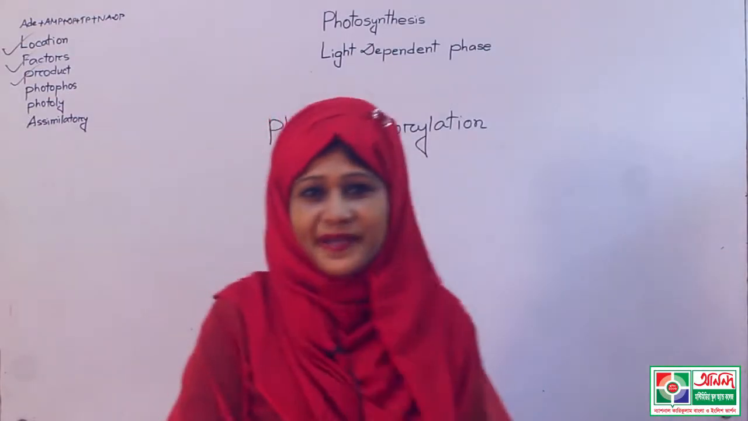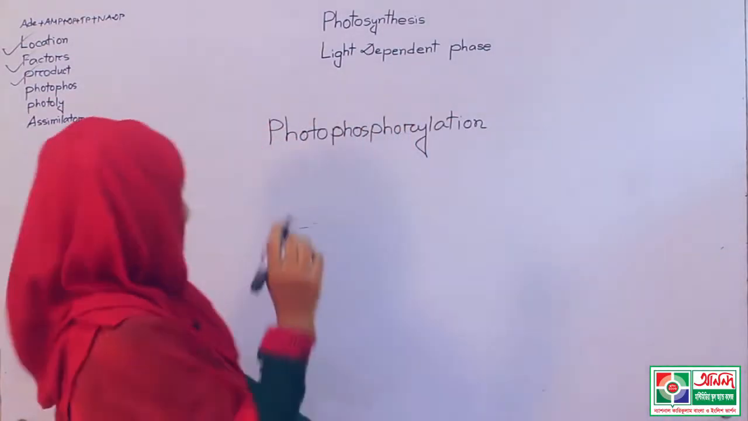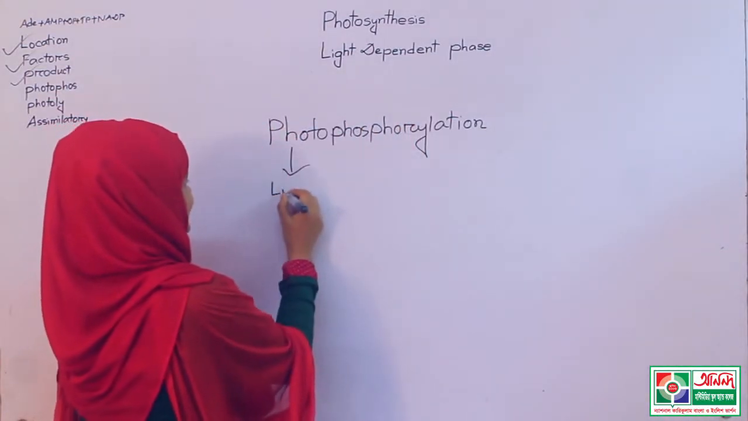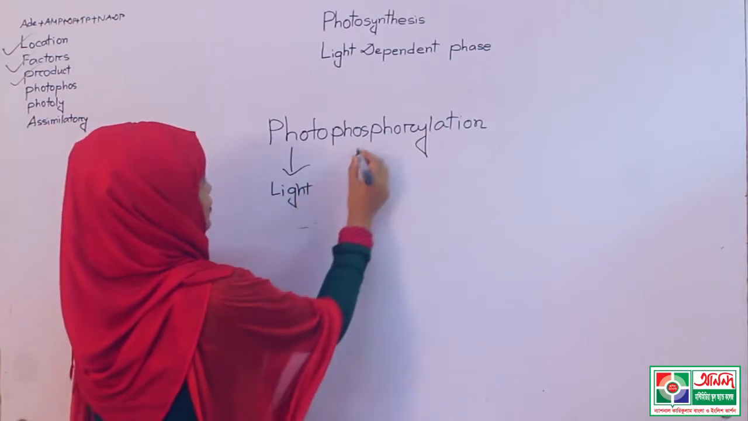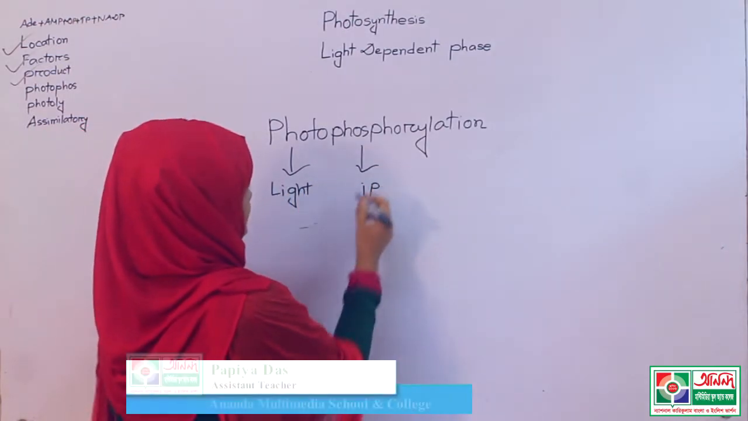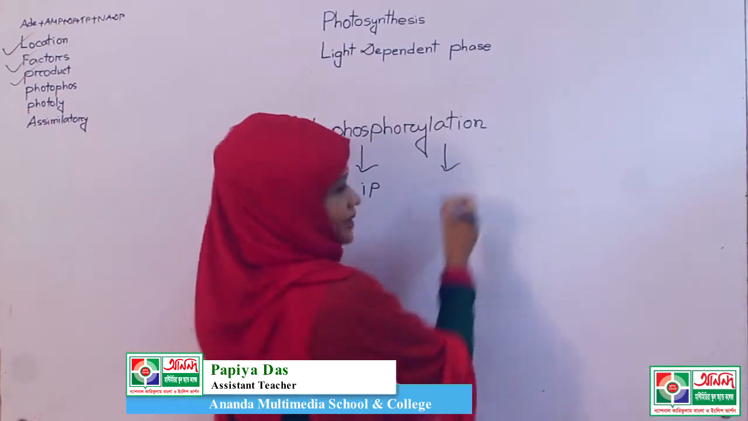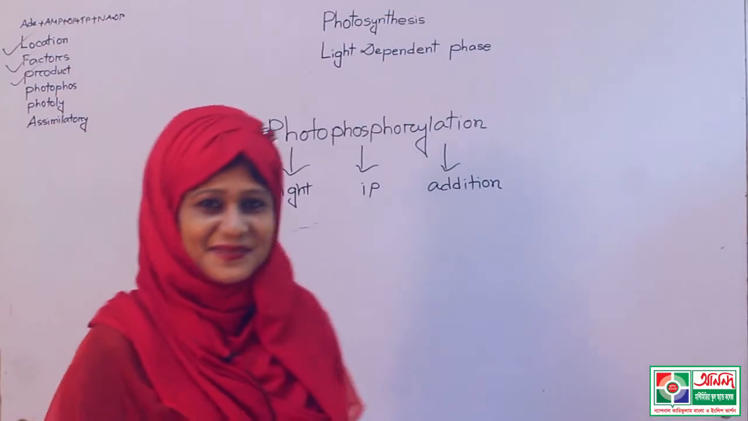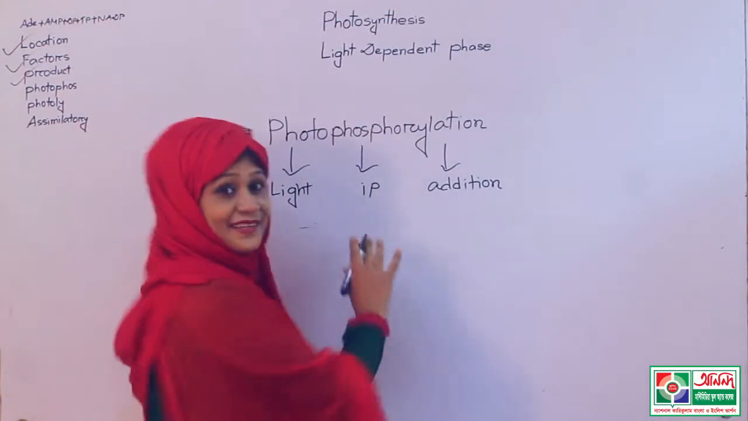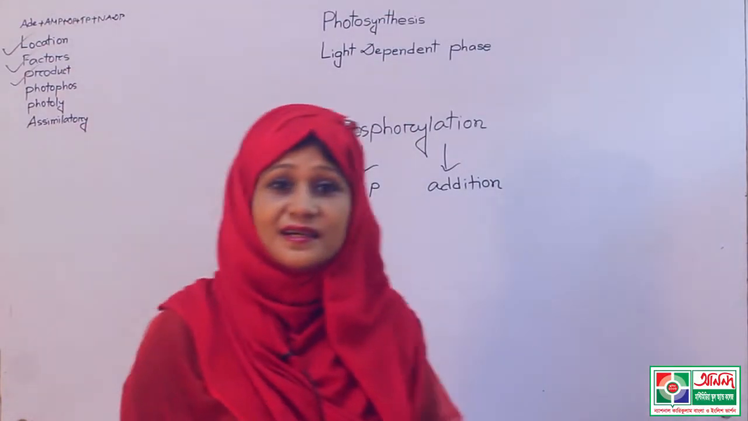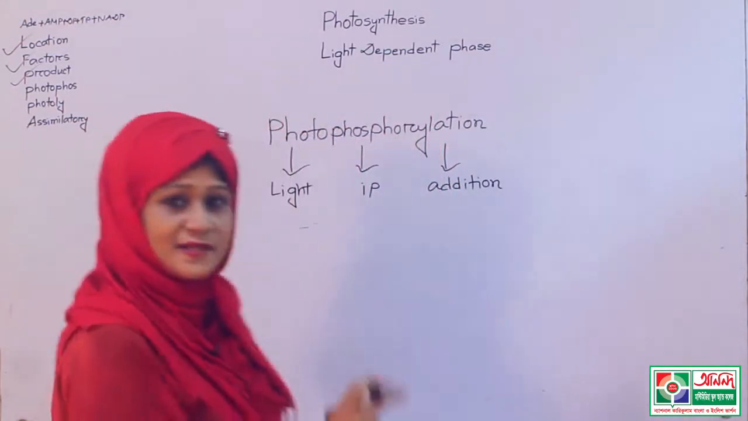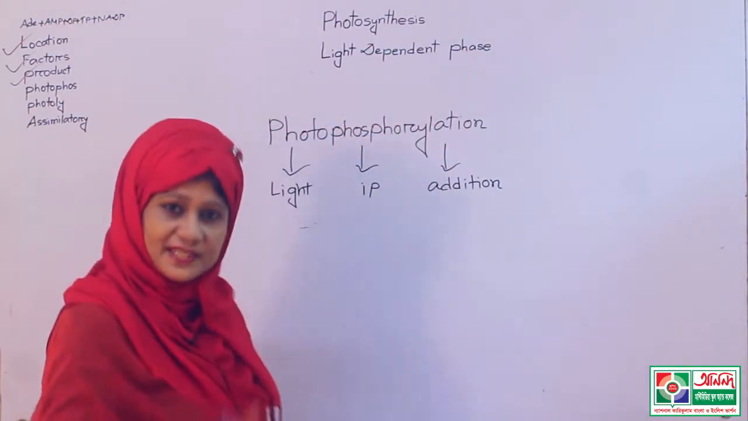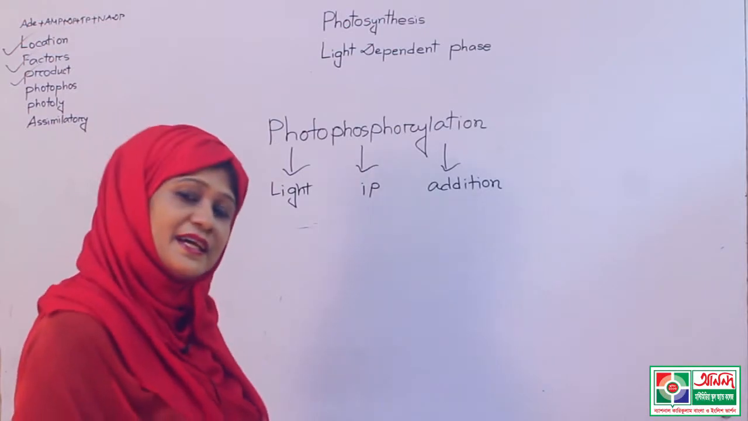Now I will break the term. Photo means light. Phospho means inorganic phosphate. And lation means the addition. So the addition of inorganic phosphate with the ADP in presence of sunlight and obviously in presence of chlorophyll is known as the